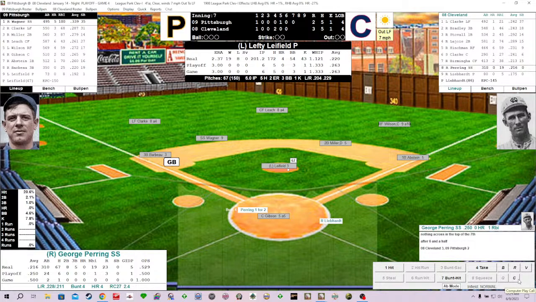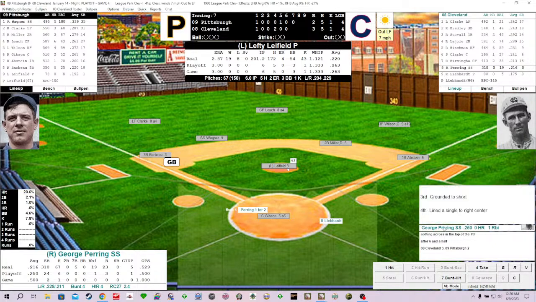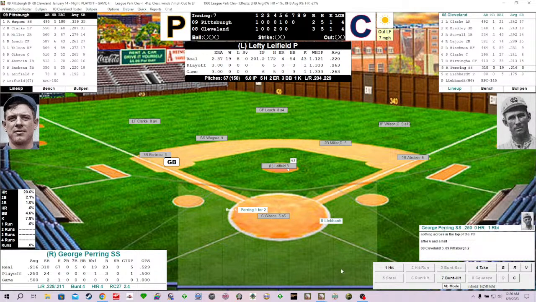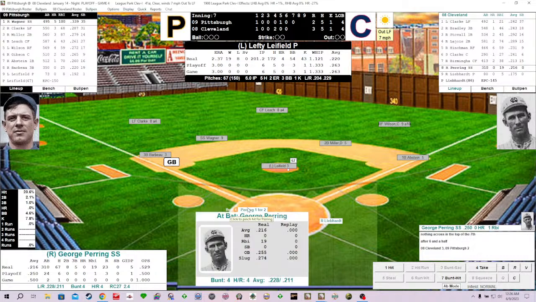All right, George Perring here in the bottom of the 7th now, to be followed by Glenn Liebhart and then Josh Clark. Again, 3 Clarks in this game. So Josh Clark, Jay Clark, Nick Clark, whatever, right? And Fred Clark. There was one of these games where we had 2 Clarks on, and a Clark made a catch. It was so weird. Anyhow, George Perring has grounded to short and singled to right center, and Perring's been busy. There he is, George Perring.